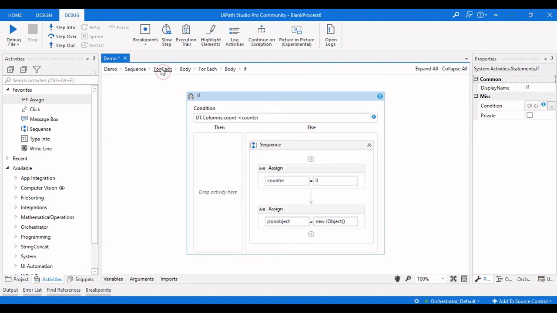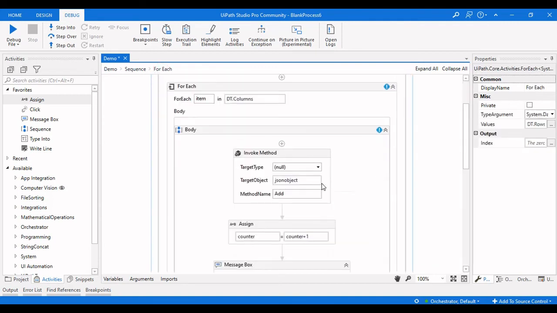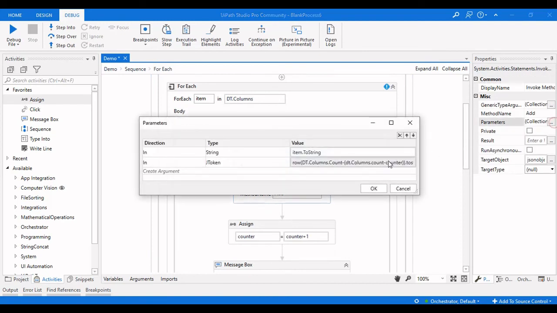So let us verify this one, whether we did this correctly or not. Here the dt.columns.count will be 2, and dt.columns.count minus counter will be 2 minus 2, which is 0, the first row of the first column, and 2 minus 1, which would be 1, row of 1.